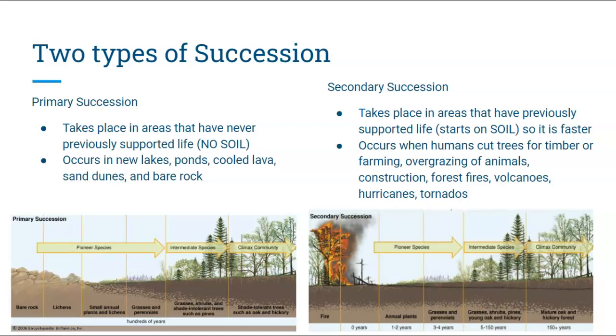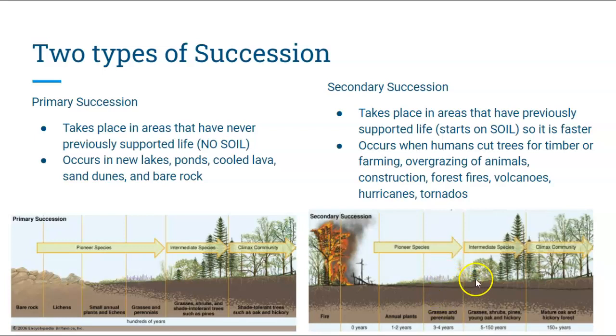soil left over. So in this case, again, this is the same image that was on the first slide, but we're starting with a forest fire. And when all of this area has been consumed by the fire, you're left with nothing. And so as time goes on, you'll look at this, this is way faster, right? 1 to 2 years, we've already got plants growing. 3 to 4 years, we've got grasses and perennials. This is the middle section over here. We're only about 4 years into this.